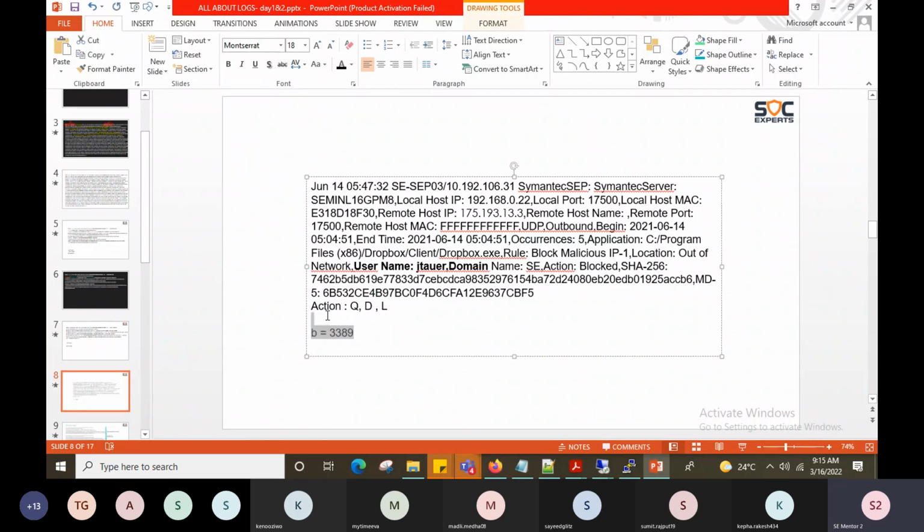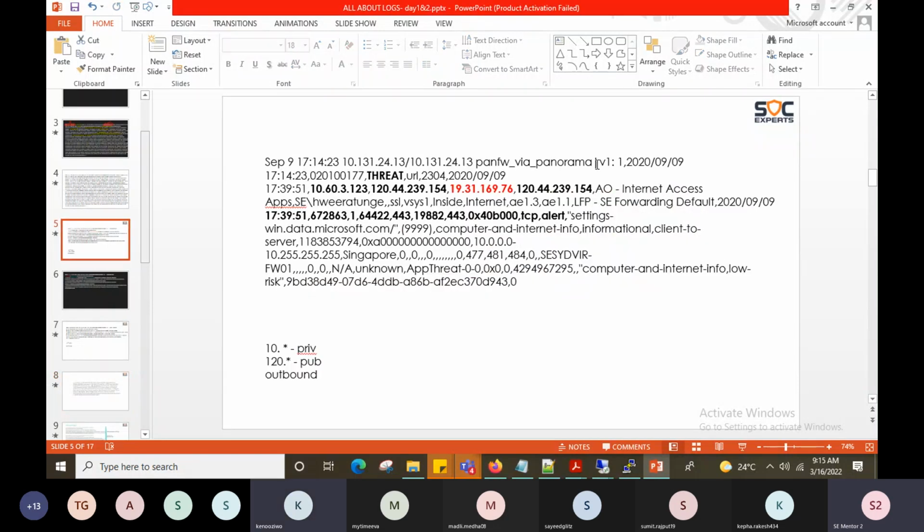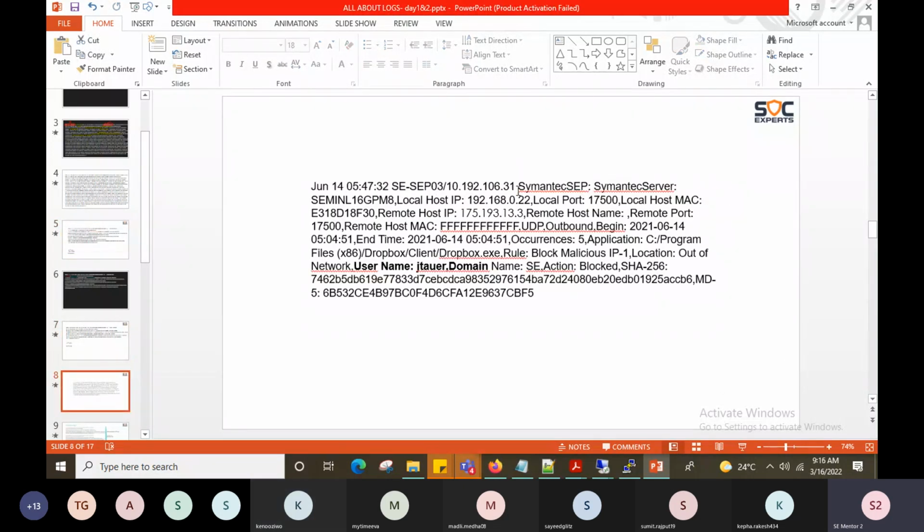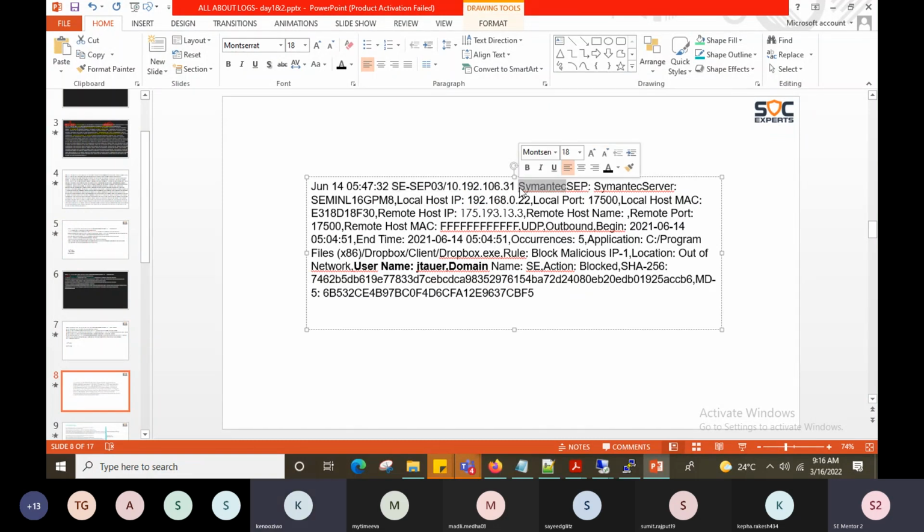So those of you who did not understand, how did people come to the conclusion that this is an endpoint? Like I said, if you do not understand anything, even for Palo Alto, what did I say? Please Google whichever word you don't understand. Even for this, if you see Symantec SEP, Symantec is the vendor whose product is an antivirus product. SEP is Symantec Endpoint Protection. Endpoint is what? The endpoint, the final system in the